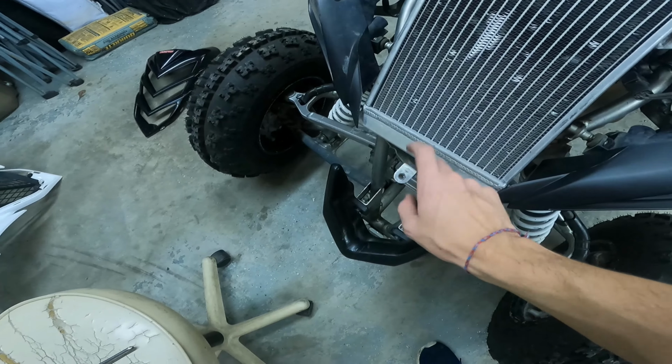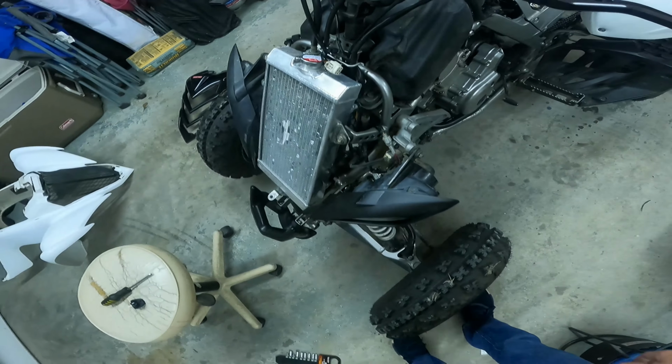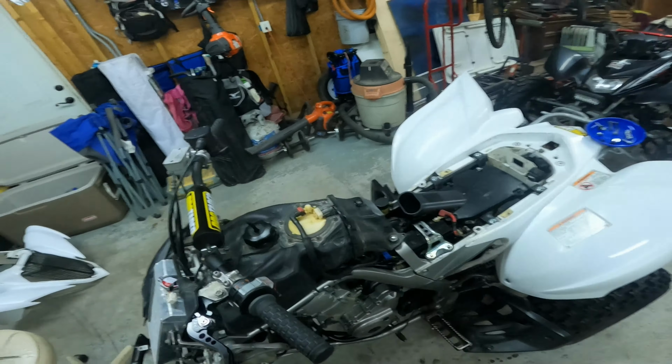Alright, now we got the front plastics off. One thing I forgot to mention is there is one bolt right here at the front, and this clip for the gauge cluster, or if you want to call it a gauge cluster. So next step is going to be